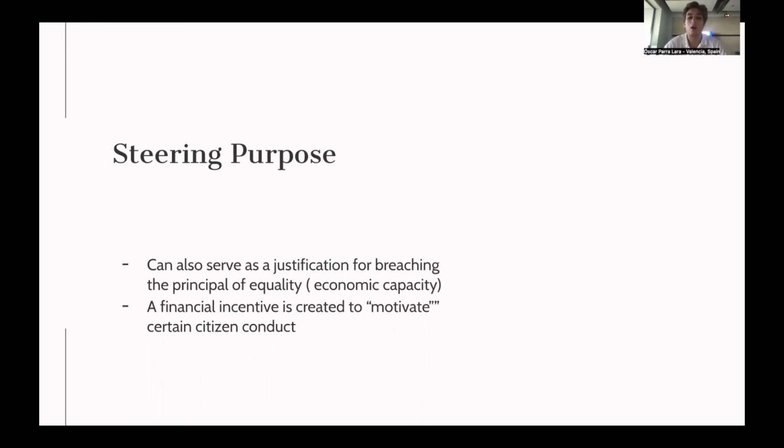And that's why they would prefer to have you switch from a secondary residence to a principal residence to increase their revenues. However, even in light of having certain margins for appreciation to breach the economic capacity, the steering purpose could be also done compared to the other 2 justifications in the same manner. If you do a progressive tax instead of a degressive tax.